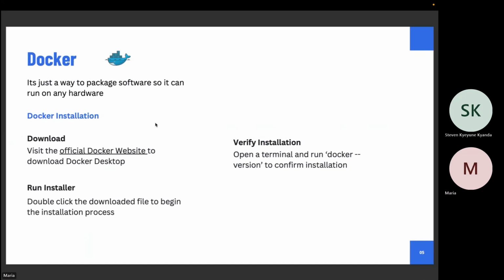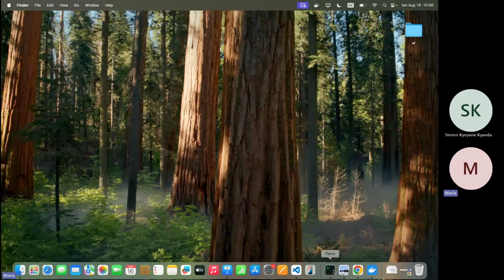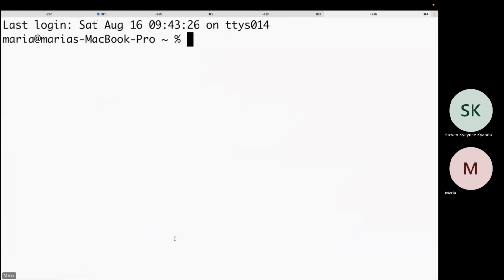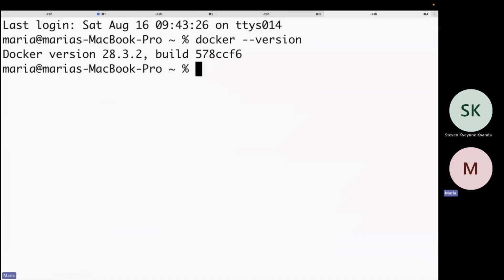Okay. So once you have Docker installed, the first step is to verify that it's running on your laptop. So how do you verify that Docker is running? It's a simple command, docker --version.